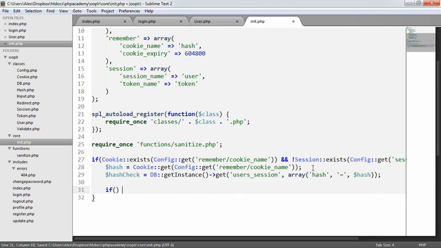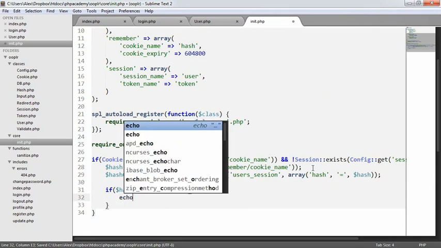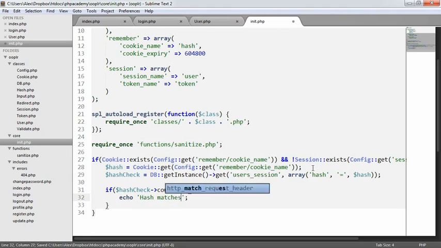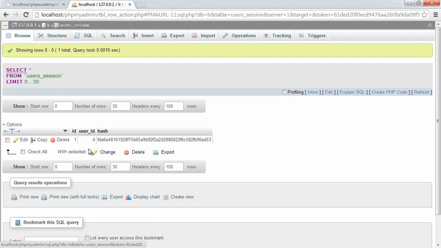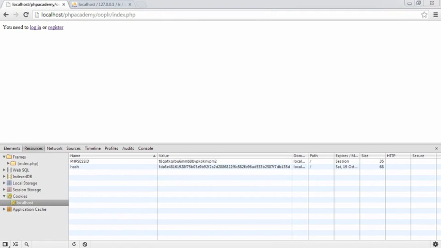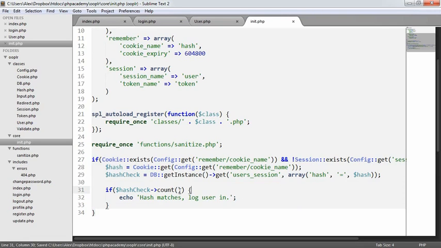So if hash check count, hash matches, log user in, so that's going to be our signifier to actually log a user in. So if I refresh, oh okay, it doesn't seem to match. Let's just check everything. Okay, something's gone a little wrong. So if hash check count user session hash equals hash check count,